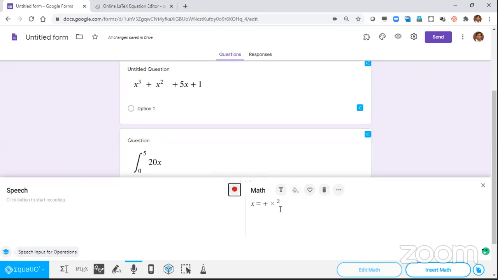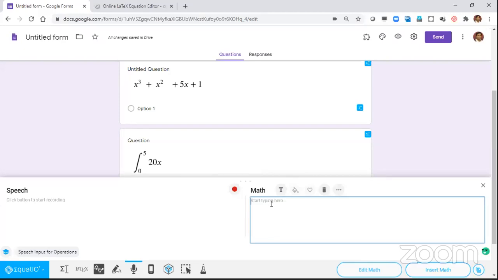No problem. You can basically play around with it. If your microphone is good, it should take it, because the integral this morning, I tried it and it gave me the result, so I've used the same thing. You can explore it. Nothing to worry about. This is one more way you can give the input. You can give a speech input, a handwritten input, a LaTeX input, or simple math input, or equation editor input, and simply say insert. I have already shown you how to insert it, so I'm not going to do it again.